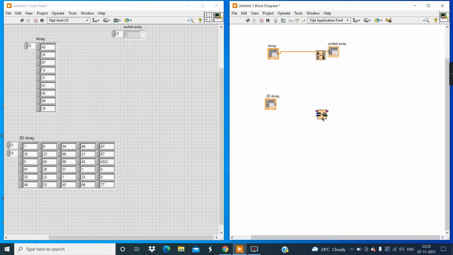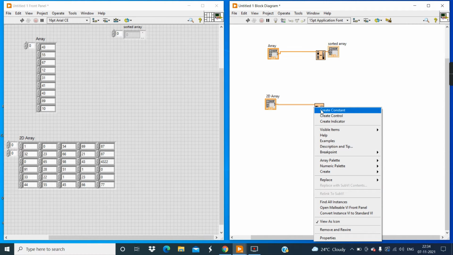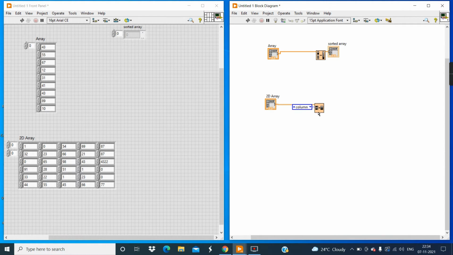When we specify it, it will sort the array. So first connect the input terminal to the two-dimensional array which we have already created. Then simply right click and create constant.